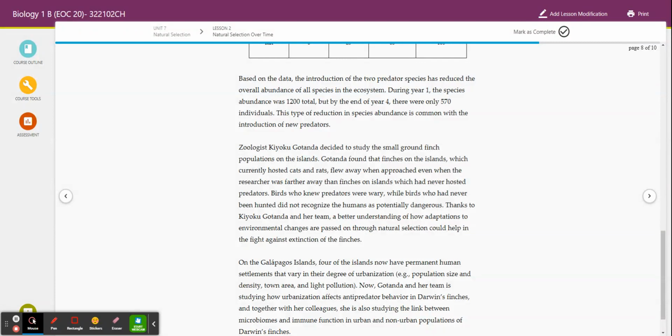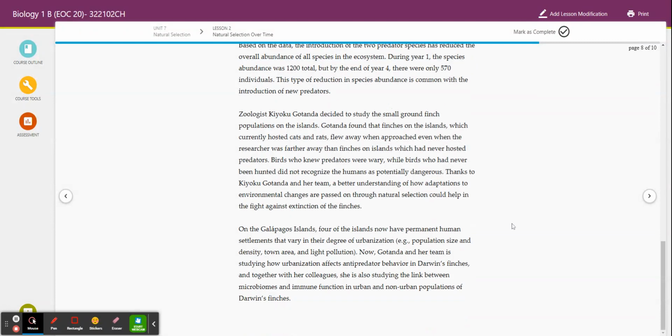Zoologist Kyoku Gotanda decided to study the small ground finch populations on the islands. Gotanda found that finches on the islands, which currently hosted cats and rats, flew away when approached, even when the researcher was farther away than finches on islands which had never hosted predators. Birds who knew predators were wary, while birds who had never been hunted did not recognize the humans as potentially